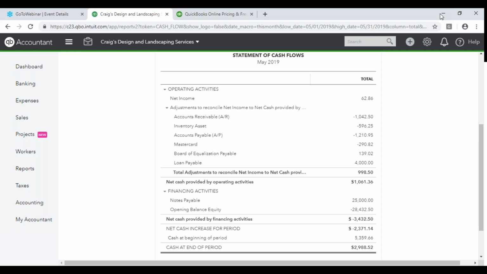So typically it's like an hourly rate, like one